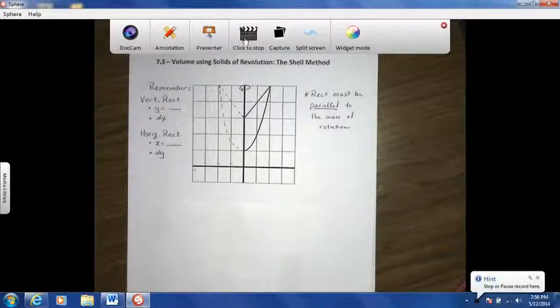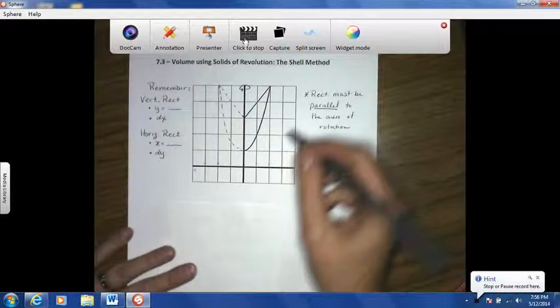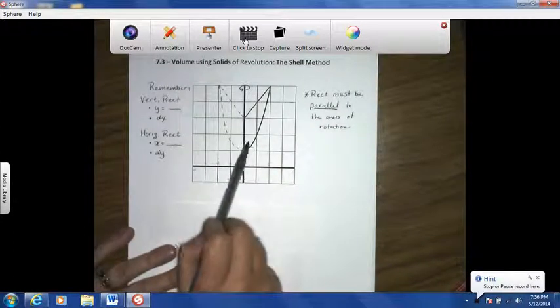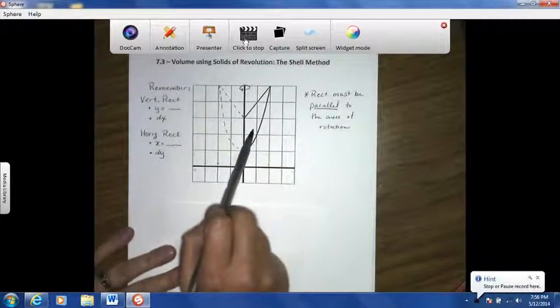Section 7.3, Volume using solids of revolution, the shell method. Now, the shell method is an alternative method for finding the volume of a solid of revolution. In the shell method, instead of our rectangles being perpendicular to the axis of rotation, we're going to make our rectangles parallel. So, for example, in this region here on the right-hand side of the y-axis, if we were to